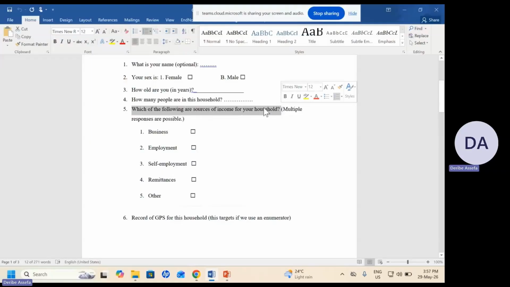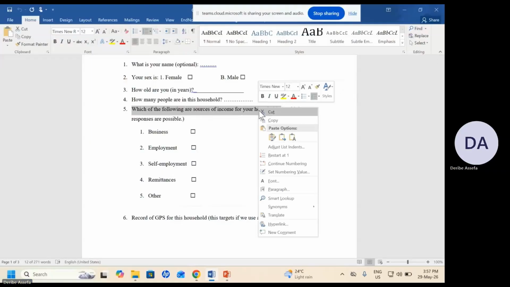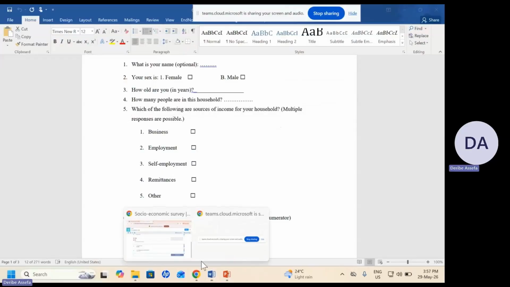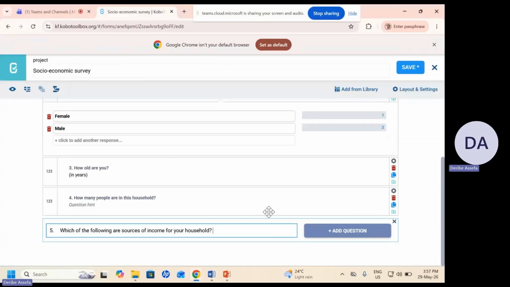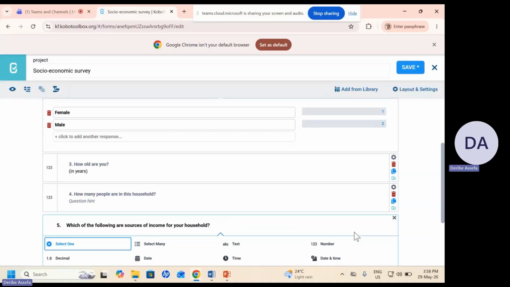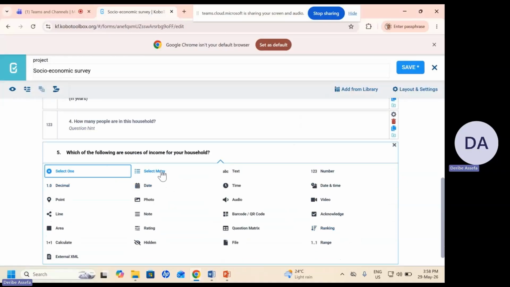That could be more than one response option. It is question number 5. Therefore, instead of selecting only one option, the appropriate response option in this case would be multiple response options. So here, add question and then select many. So more than one source of income for a household could exist. Then the first option,